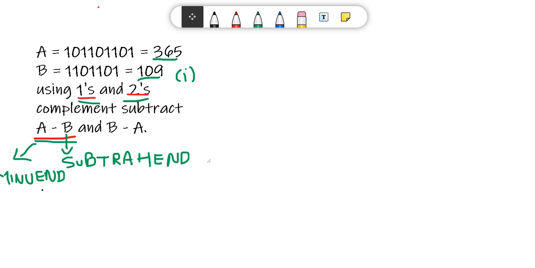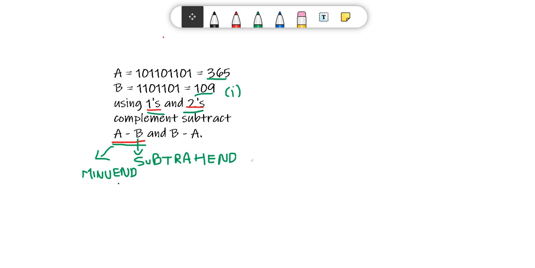When you do ones complement, obviously it won't be the same. So you need to add zeros to B to make it equal to the A number, which is 9 bits. Where do you add zeros for B, on the LSB or the MSB? MSB. You always add the zeros there.